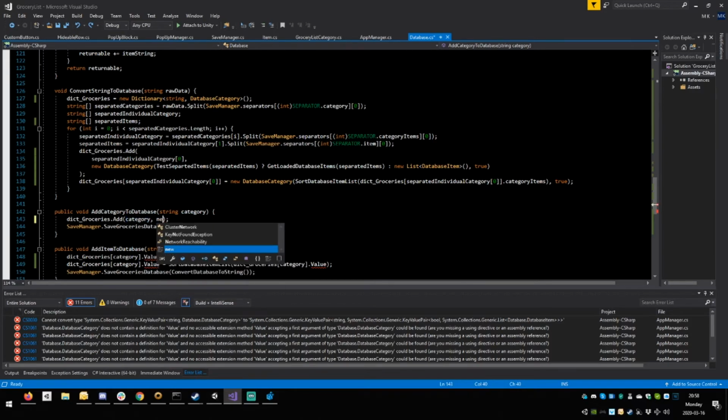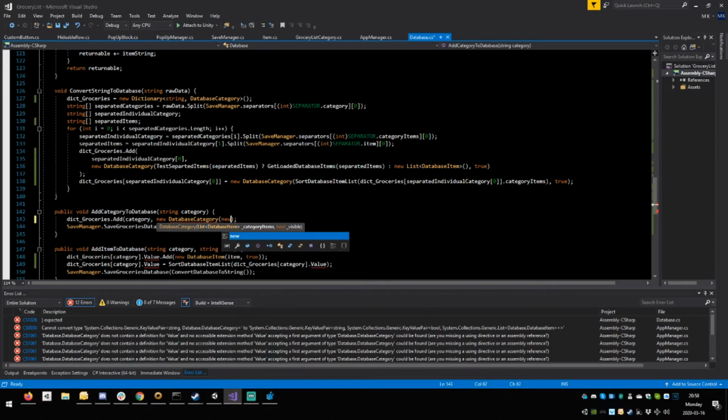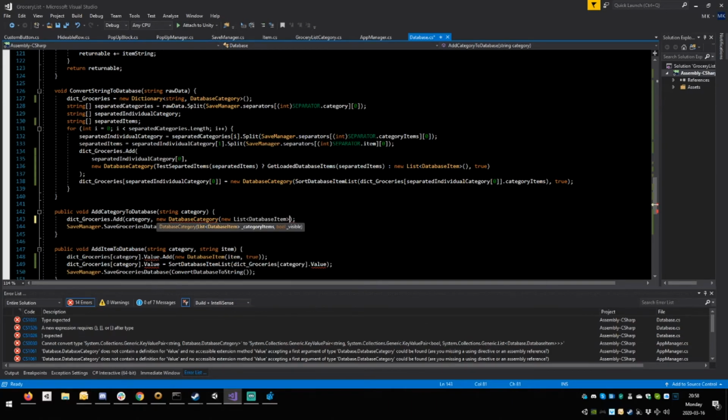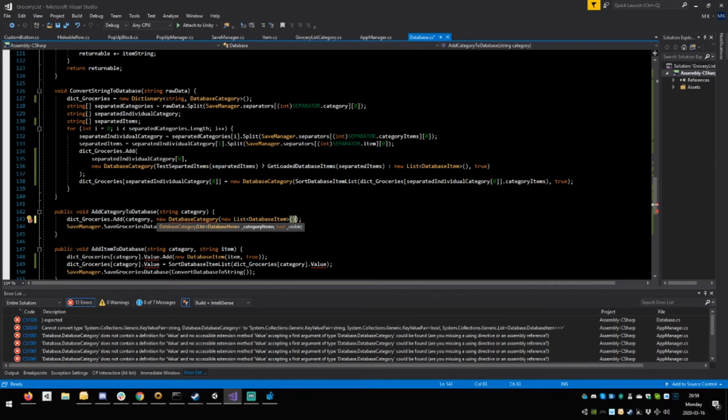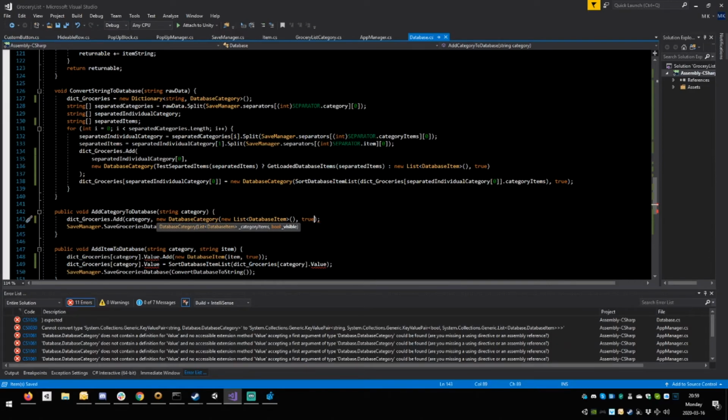New space paste. Open round. New space, yeah, tab. Open close round. Comma. True. Save. Wait. Close around here. Oh, I guess close around